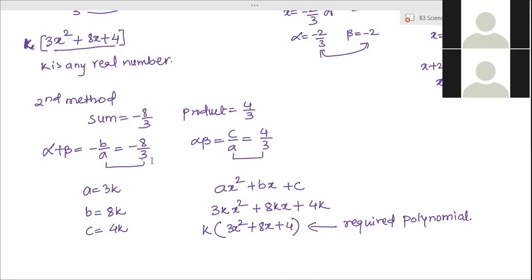Because it's a ratio. We don't know the value. B by A, that is a fraction. B by A is 8/3. It can be 16/9 also. Yes, Mom. It can be 24/9 also, 16/6 also. It can be any multiple of 8 and 3, right? Yes, Mom. So therefore we have those two multiples. We don't know which multiple it is, so we have used K. Okay, Mom.